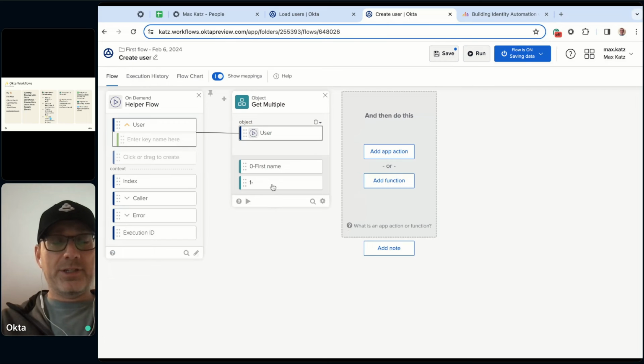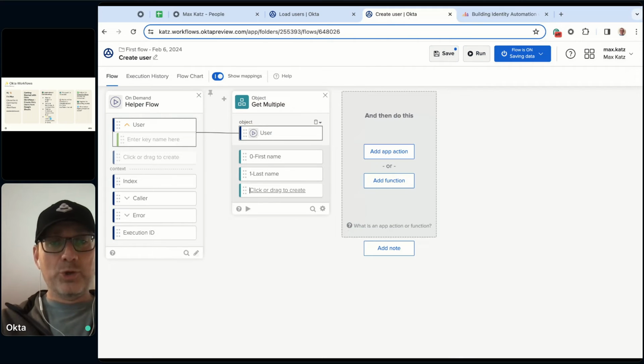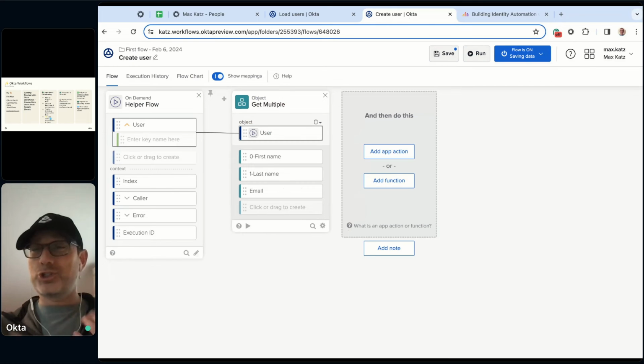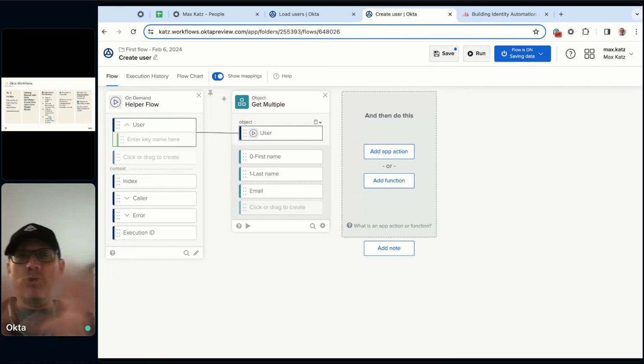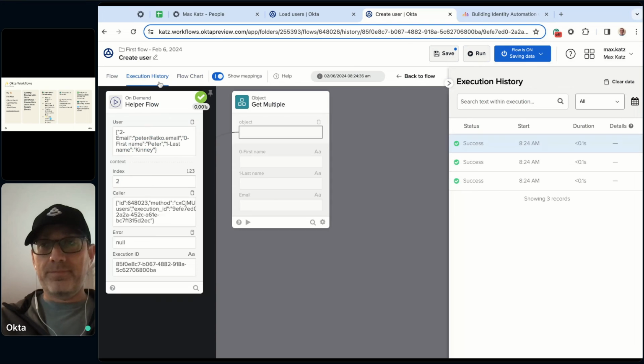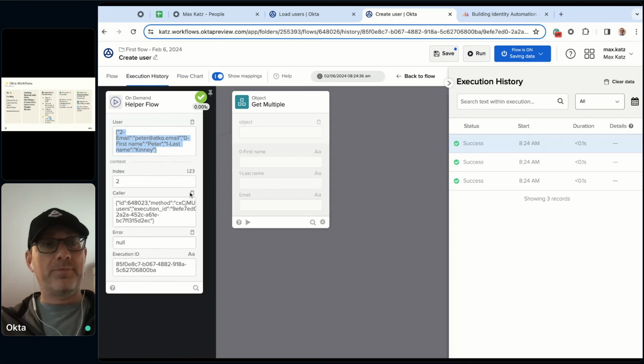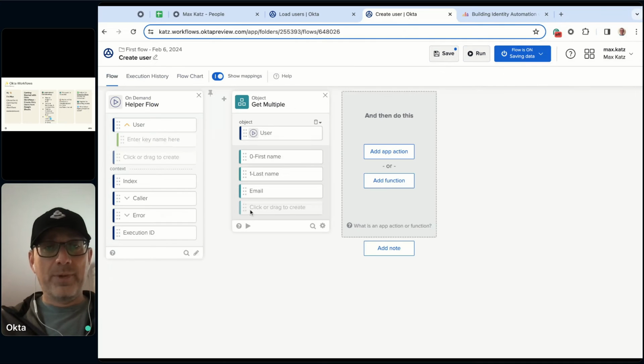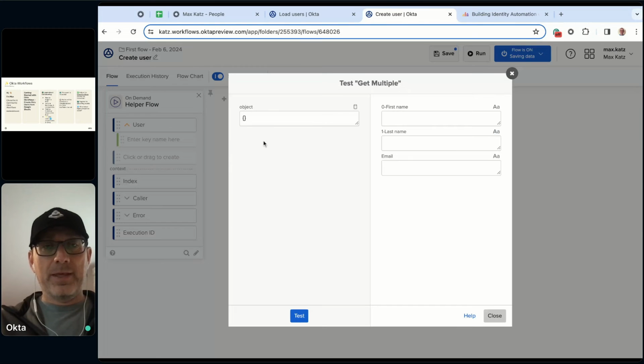The second one is last name, and then what I'm going to do is make a mistake on purpose. I'm going to do email just to show you. Now, so let's say you build this, and now you want to test this card. So I'm going to go back to history, and I'm going to copy this JSON object, and I'm going to go back to the flow, and I'm going to click test. Now I'm going to paste this